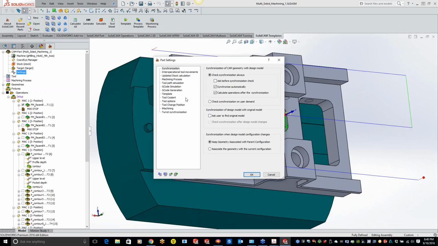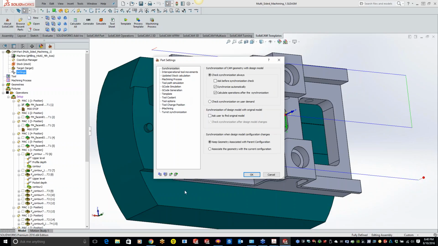We can definitely do subroutines through post-processors. It does require a little bit of extra work and a little bit of customization. So of course we can do it, absolutely. There might be a slight charge to do that.